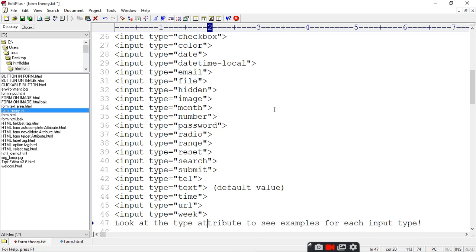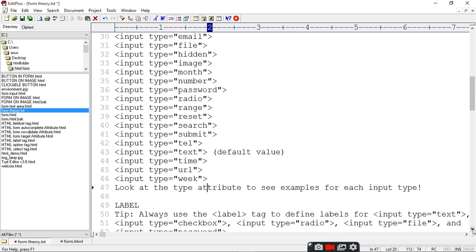There are so many input types that we can't teach the form together in one day. So today I will take some of the elements of the form through which you can make a form in HTML. Look at the type attribute to see an example for each input type.